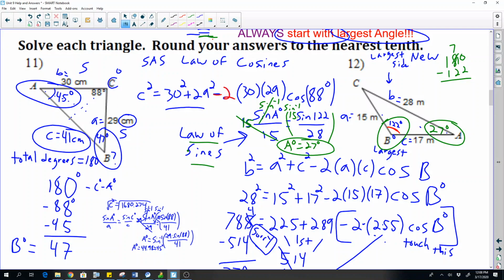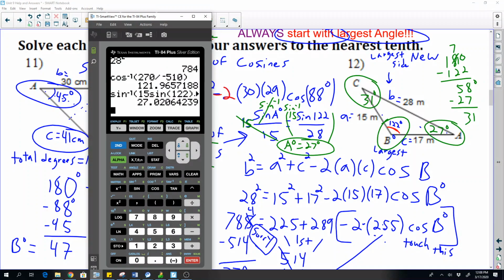7, 10 minus 2 is 8. So that's just 58 degrees. And then minus our 27. So that's the other angle. So 8 minus 7 is 1. 5 minus 2 is 3. So then we get angle C to be 31 degrees, just using 180 minus the two angles we already have,